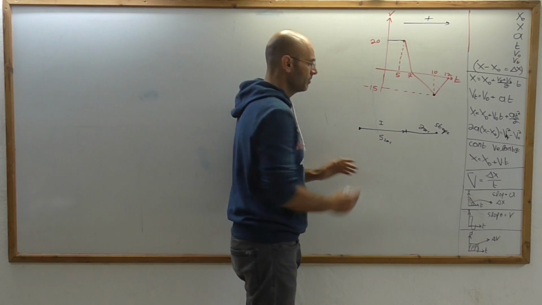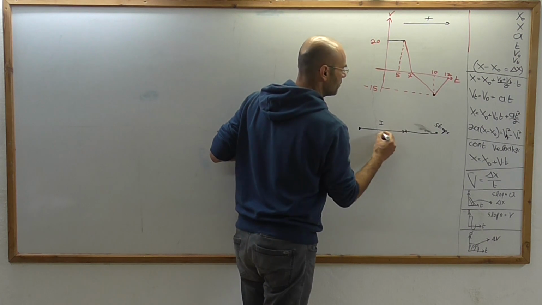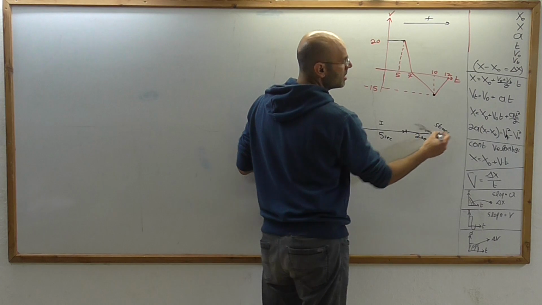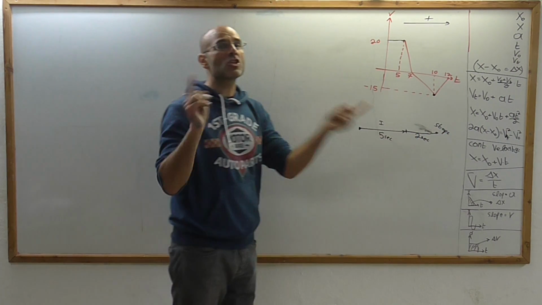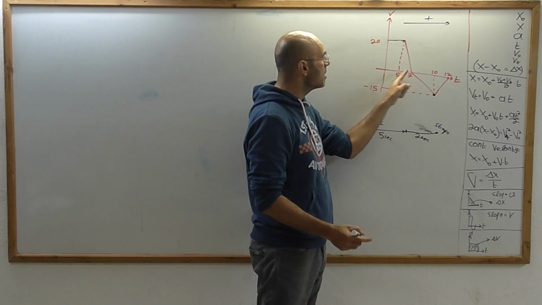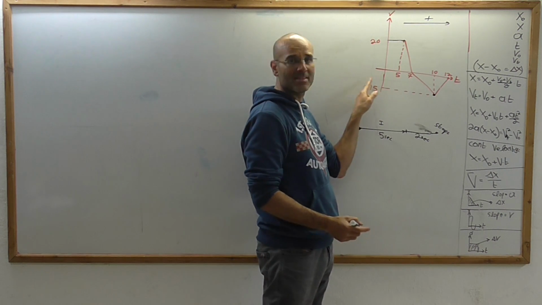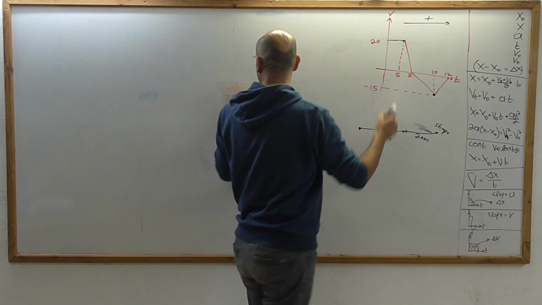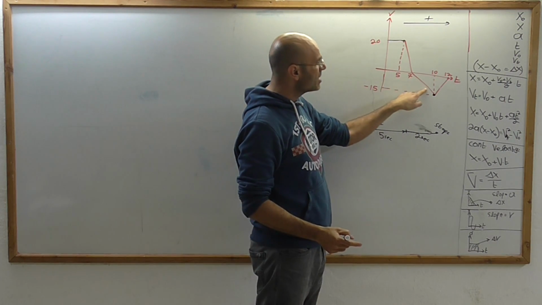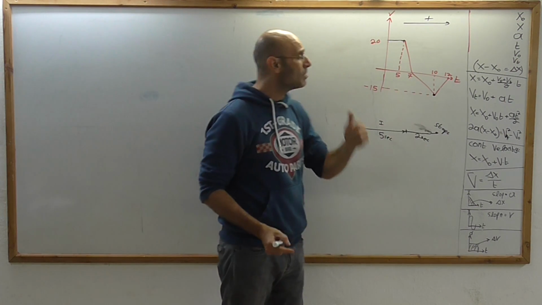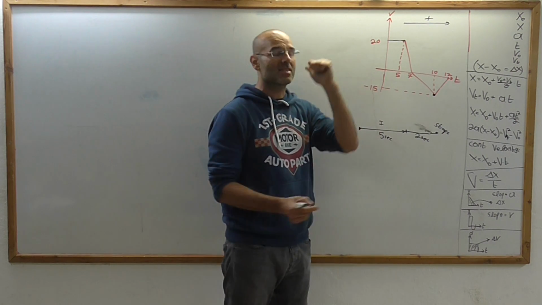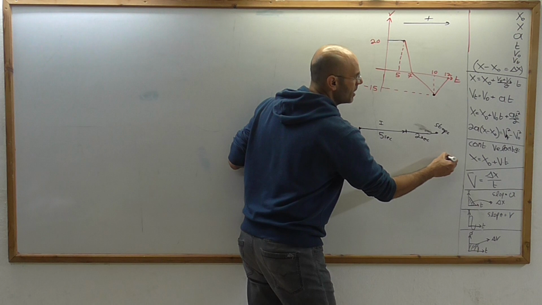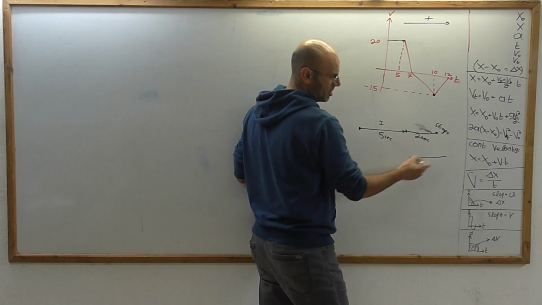What happened then? Let's write 5 sec, 2 more sec, and it stopped. Then it changes direction. Let's see, the velocity becomes negative. Negative means that it comes back. Look at the slope, we did it earlier. The slope is this way, so the slope is negative, but what we understand is that it accelerates in the opposite direction. So it starts going that way, let's say to this place,